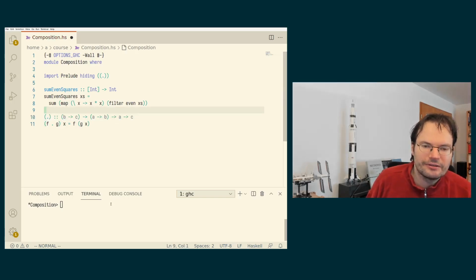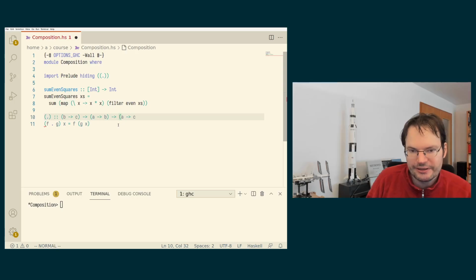The function arrow associates to the right, and actually this type signature more closely corresponds to this kind of definition where we pick up the a as an extra argument here on the left-hand side. But perhaps let's leave it as we originally had it, because it makes the standard view here more obvious, namely that we compose two functions and create a new